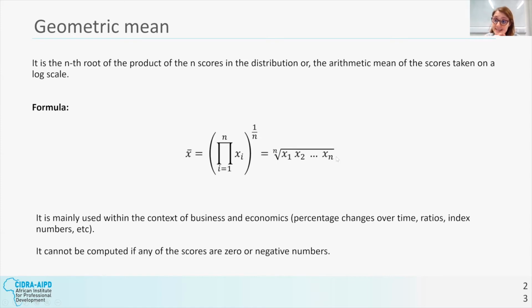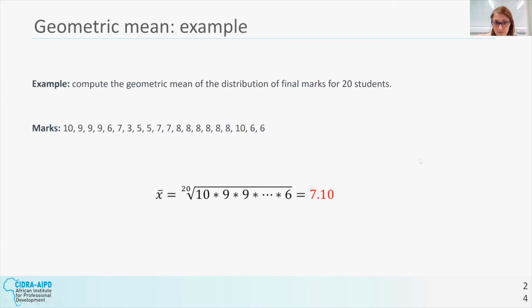Now we are going to see this applied to the example of the math scores, but this wouldn't be the most appropriate mean to use in that case, because we know it would be better using the arithmetic mean or the weighted mean. So we want to compute the geometric mean in this case. 20 will become our root, and then we are going to multiply all the scores from 10 to 6. In this case, our geometric mean will be 7.10. Now, let's go and see the